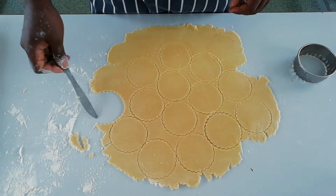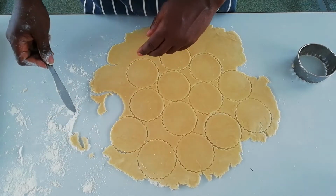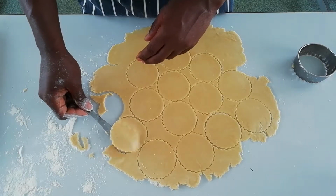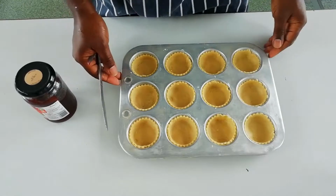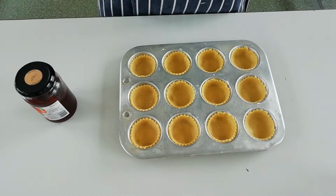So I have my shapes cut out. So very carefully, I'm going to take these out and place them individually in their mini tins. Okay, so fill the tin with individual cases. The next step,